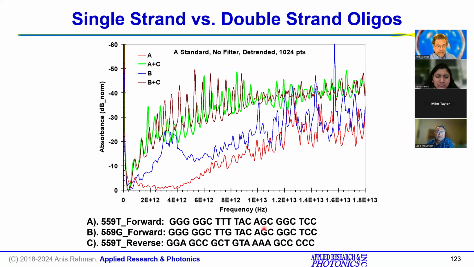So A is this strand here, B is that strand here, and A plus C means that the A strand is hybridized with the C strand, and B plus C means that the B strand was hybridized with the C strand. If we did that, then this green curve is A plus C compared to A, this red curve. And the blue curve is B, but B plus C is this brown curve. As you can see, when you hybridize,